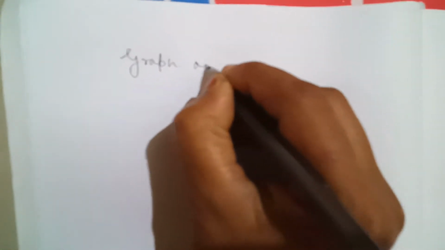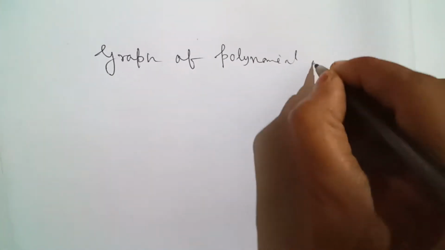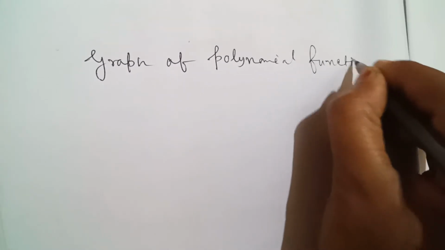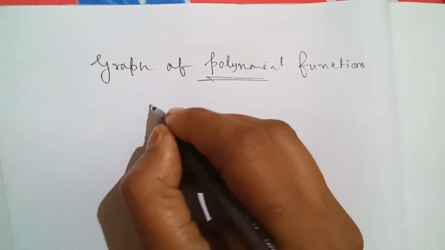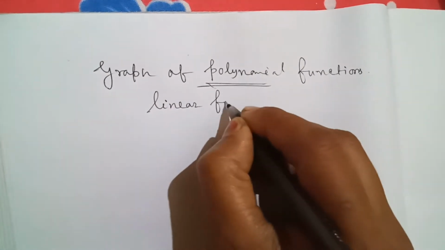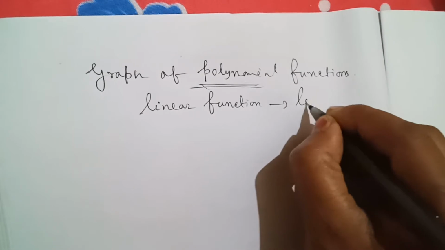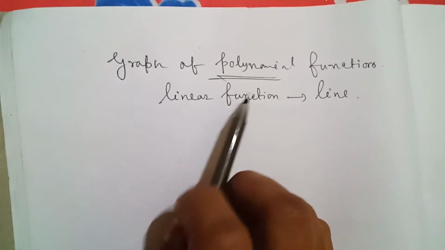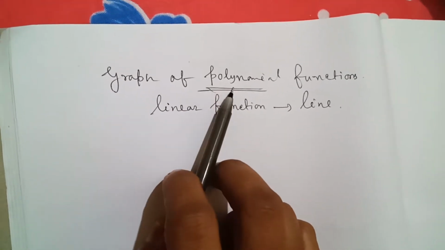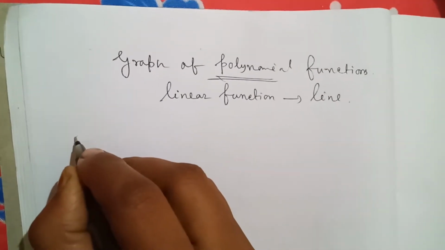And the graph of a polynomial function depends on the polynomial you are taking. Suppose if it is a linear function, then the graph will be a line and so on. So actually I want to say that the graph of any polynomial function depends on the polynomial given. So the next category is